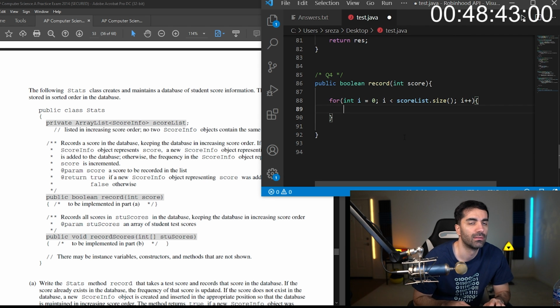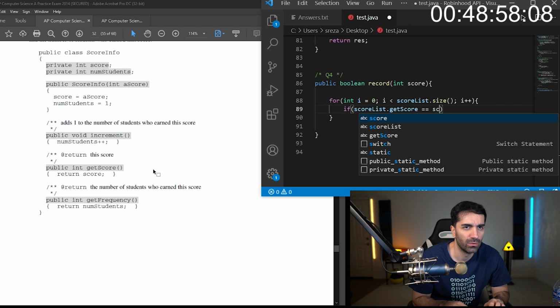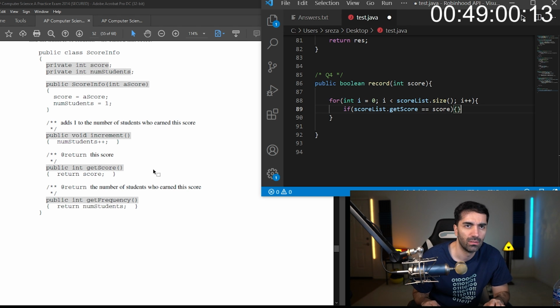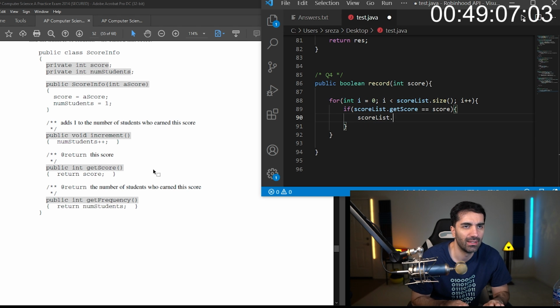So if score list dot, and what is it, get, no, not get frequency, we want to get score equals score, then we just want to do a score list dot get I dot increment.